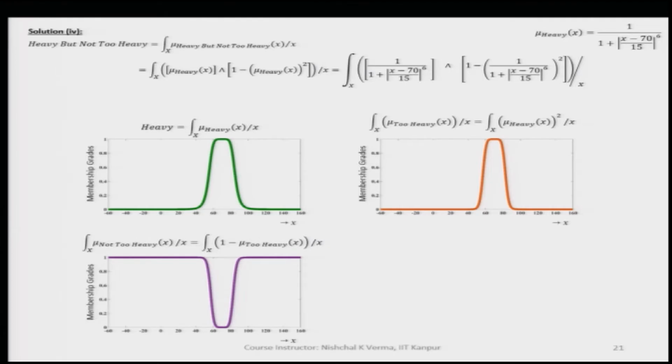The fuzzy set for heavy is here, too heavy is here, and not too heavy is here. Now, since we have heavy and not too heavy fuzzy sets, let us use the connective but in between and get the modified fuzzy set for heavy but not too heavy.